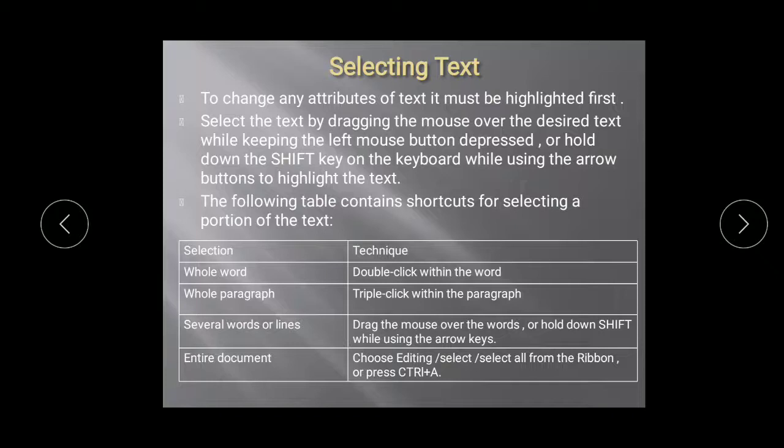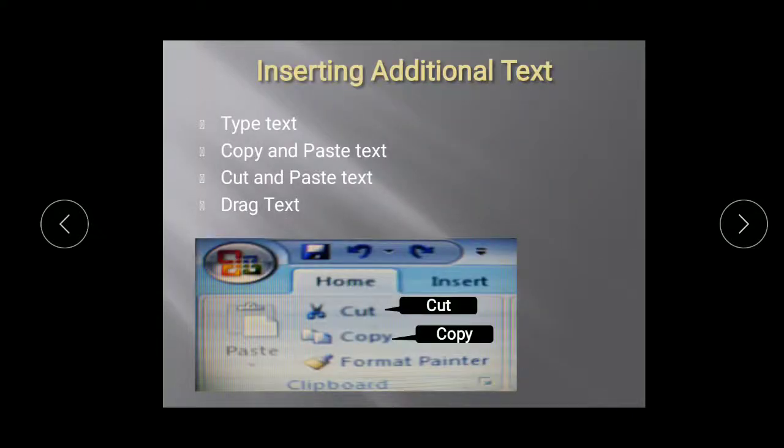I can select the entire document from the ribbon, that is the select all option. If not the select all option, I can go for Control plus A as well, as Control plus A is the shortcut for selecting the document. Next is